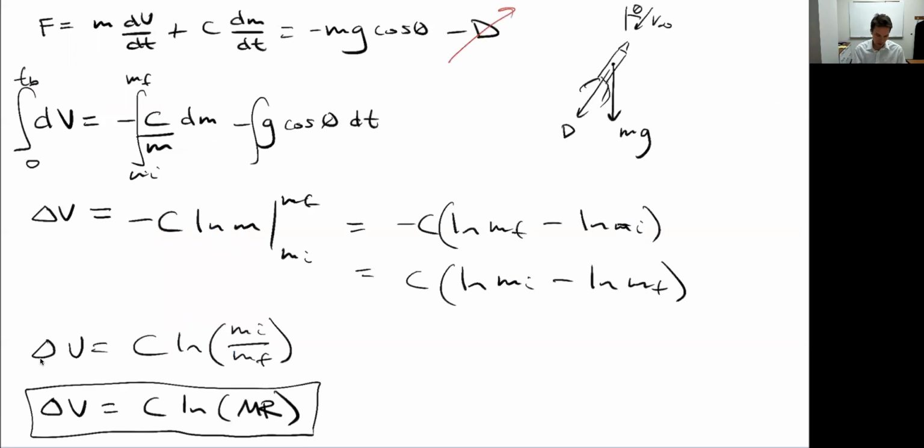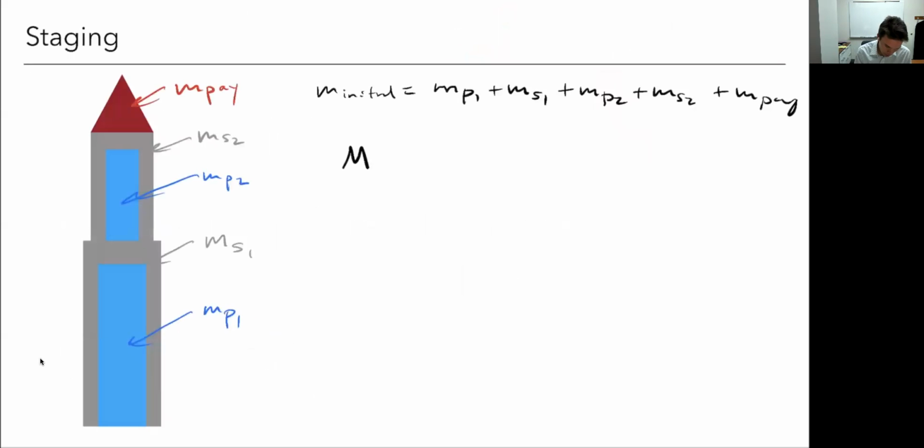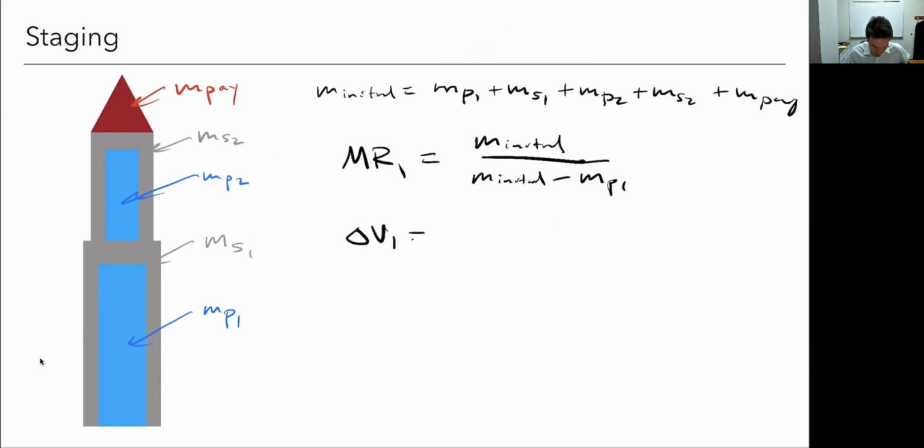So let's go back to this equation. This is going to be my fuels. I need to figure out what my mass ratio is. So that's, remember, initial over final. I'm going to do just stage one: what's my mass ratio for stage one? Well, when I start, it's M initial. That's where I started. What is my final mass at the end of stage one? See if you can write that down. Well, it's M initial minus the propellant mass, right? So I burned off that propellant. So the change in velocity I get for stage one is